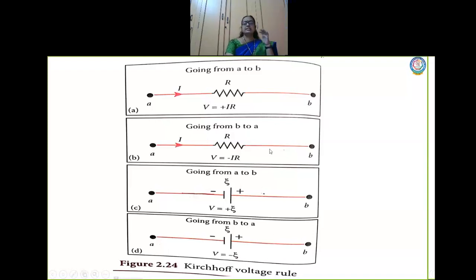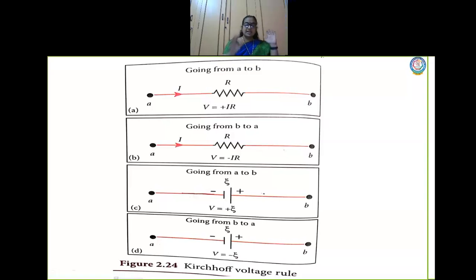So this is a very, very important diagram which explains how the direction is represented. For a resistance, how to take the value of I into R, whether IR is positive or negative, can be determined from this. And if it is a cell, whether it is plus or minus can be determined using this. So definitely try to understand these 4 conventions very clearly in your mind.